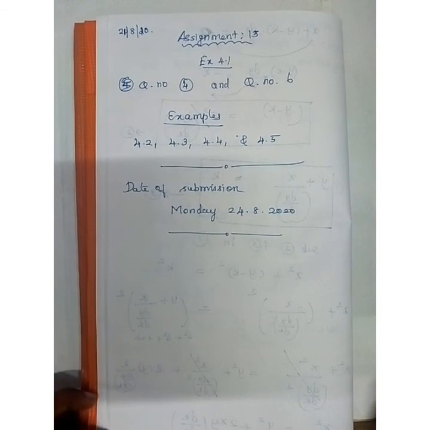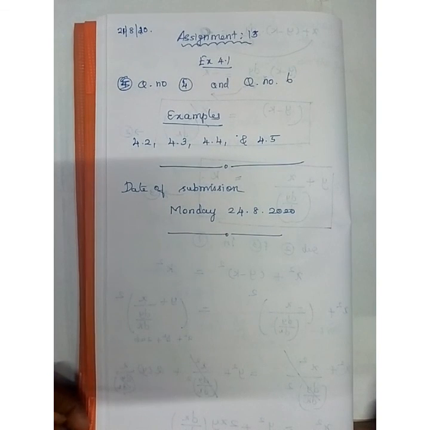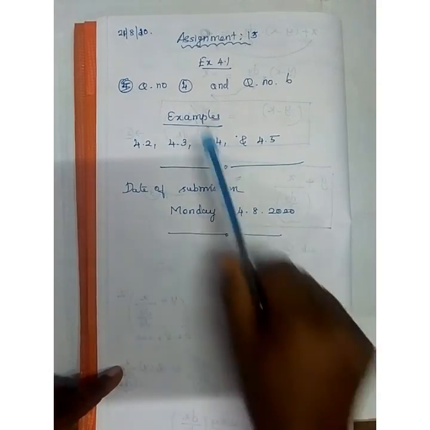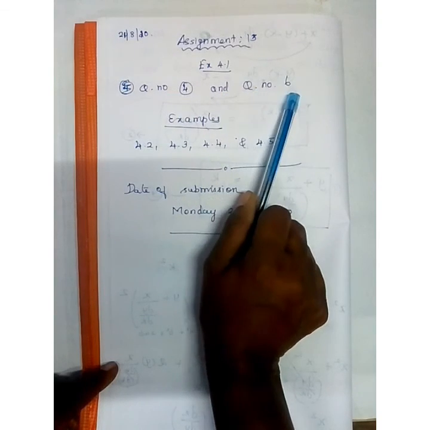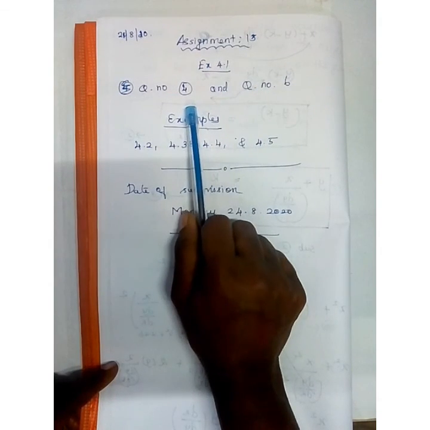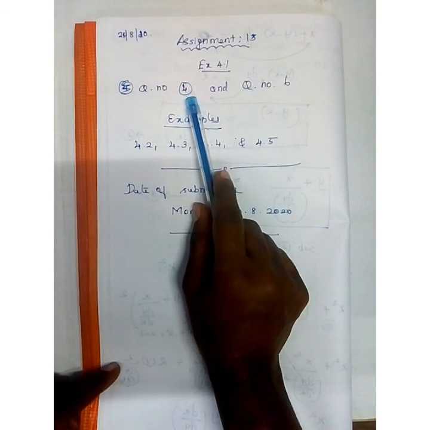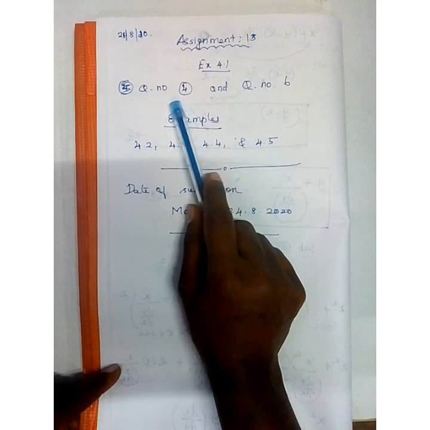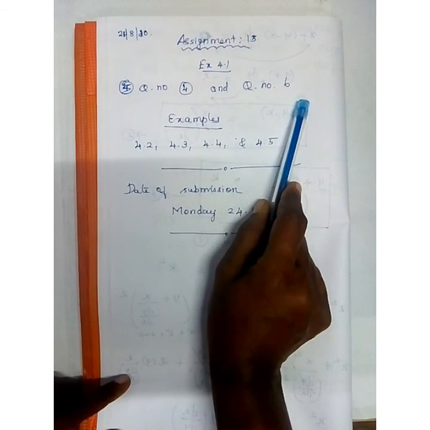Only one more sum is there in the exercise, ma. That sum I am not going to explain; you have to do it as an assignment sum. So this week's assignment 13: exercise 4.1, question number 4 and question number 6. First I said question number 4, but it is not question number 4, it is question number 3. Sorry, ma. I told you at the start of the class the question number is 4, but it is 3 only. So question number 4 is your assignment problem and question number 6 is also your assignment problem from the exercise.